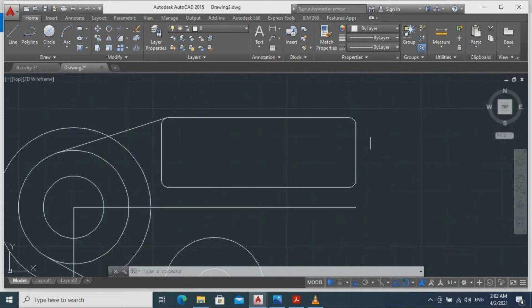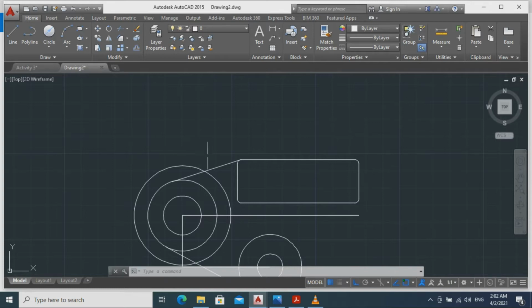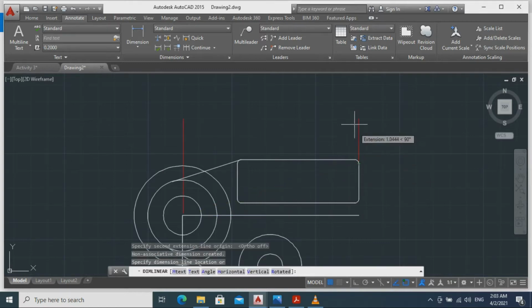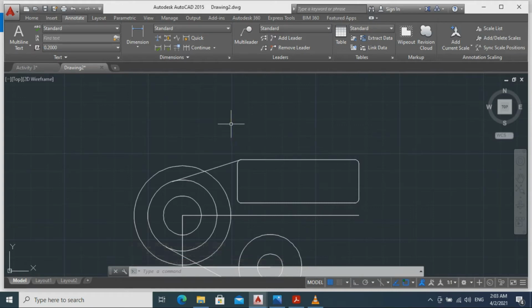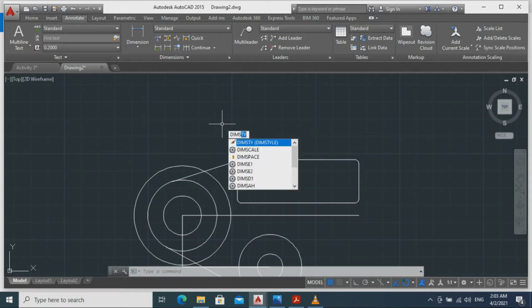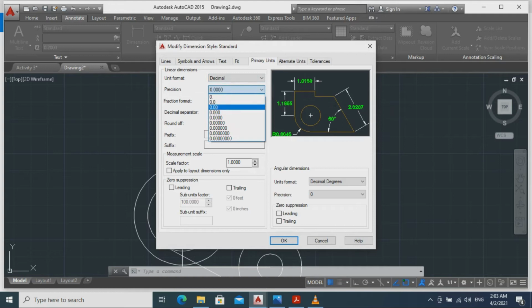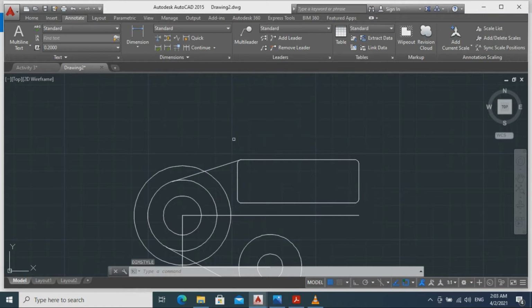Now we're going to put the dimensions of this upper part first. Click the dimension, of course, then annotate, click linear, then from this point to this point. Oh, wait up. We'll have to change the text color, so let's click DIM style, then click modify. Our text color will be green based on the image that we're imitating. Then we'll set our primary units to 0.00 for 2 decimal places. Okay, then close. Then let's click dimension, from this point